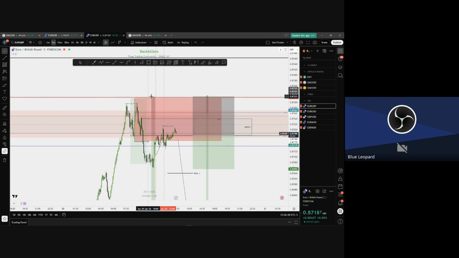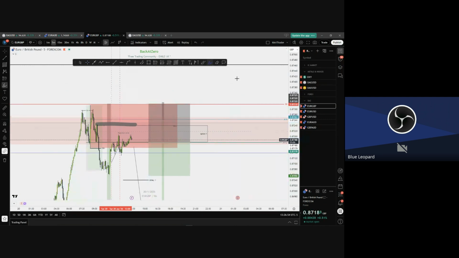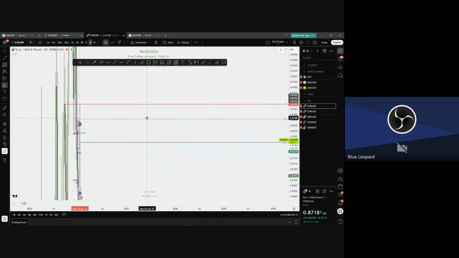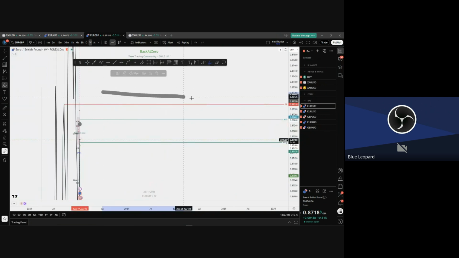Why did I put it here? Because we know sometimes price can come and get these people. So if our stop loss is at the same place as theirs, then we're going to lose together. It's not okay. We need to protect our trade and put our stop loss above the weekly key level. Remember the weekly key level? The red line that we saw here? The weekly, do you remember this weekly line?